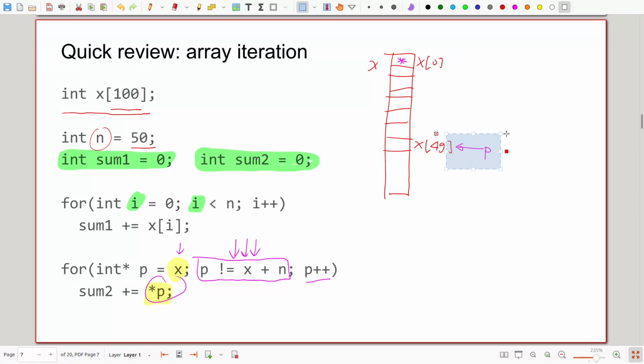P is not going to stop at X49, right? You're going to stop when P is here. So the for loop works like this: you do this, you do that, and then you increase, and you stop when you are at the end of the array. This is the last element. If P points to X plus N, this is